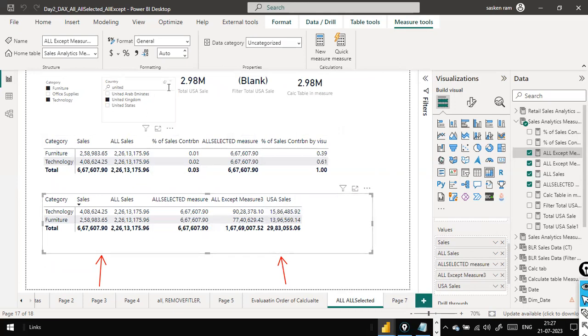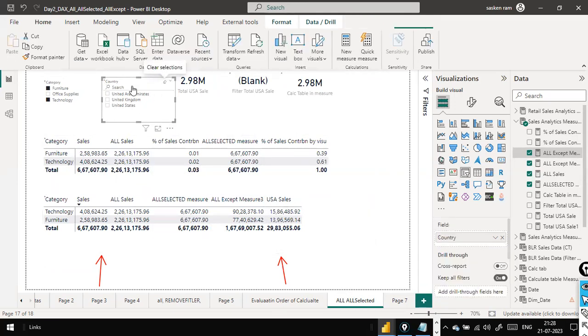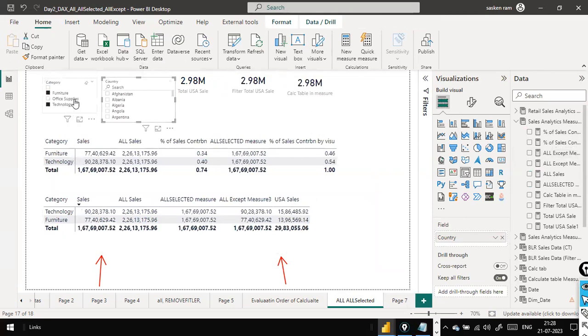what is happening? For example, if I clear this filter here, furniture and technology put together, what is the total sales? Look at this arrow mark, okay? And forget about USA sales and this one. This one is pretty clear, isn't it? So this one and this one is doing the filtering. Yes, Sarah and Soumya, you're correct, right? That is the one. So now when I apply anything, in addition to the Angola,